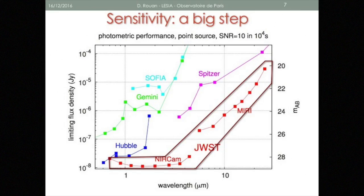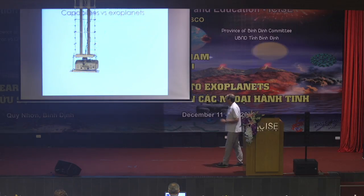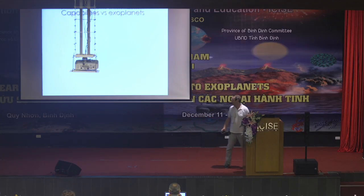The sensitivities: there will be a big step thanks to, of course, the large diameter of the telescope. Compared to the previous missions or ground-based instrumentation, for instance, compared to Spitzer, at least a factor of 15 in the thermal infrared, and also a large factor compared to what can be done with large telescopes on the ground. The capabilities: so we see the Exoplanet program, which should represent about 1/4 of the time that will be dedicated on the